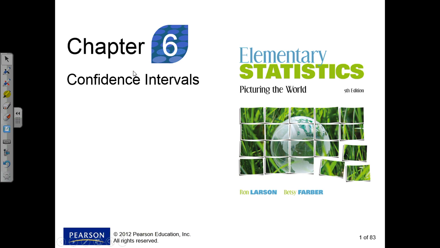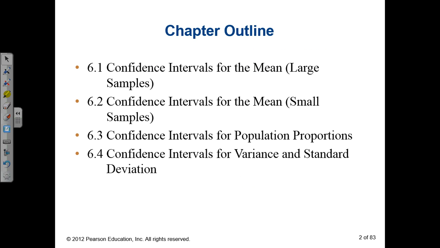Okay, so now we're starting chapter 6, and if you recall from the very first lecture, in chapter 6, we are starting the second type of statistics, inferential statistics. In the first one, confidence intervals, we're going to use confidence intervals to estimate an unknown population parameter. Now we can do confidence intervals for the mean, for population proportions, or for variance and standard deviation. In this class, we're going to just look at these first three